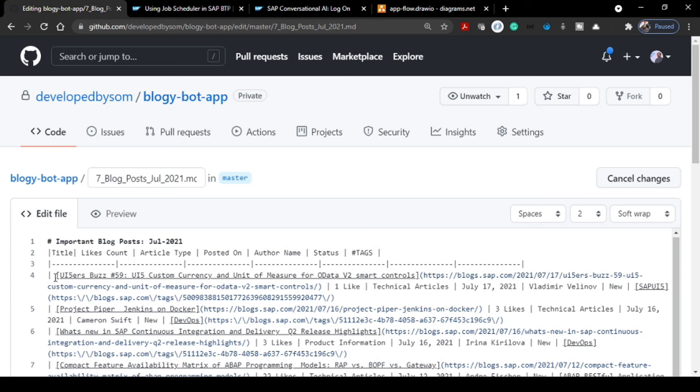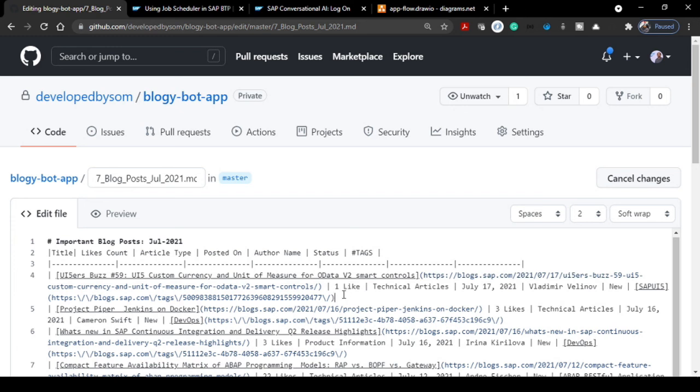Now to add a particular text with a hyperlink, we need to put the title in square brackets, followed by the URL of that particular blog post in parentheses. And these are of course generated by the program, not hard coded, as you know. We'll see how to grab that information. We'll be handling the web scraping part.